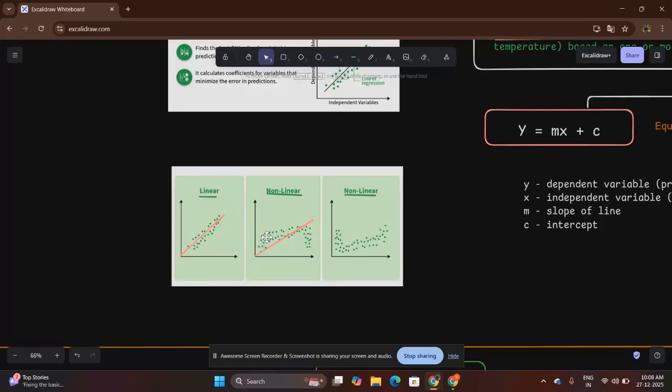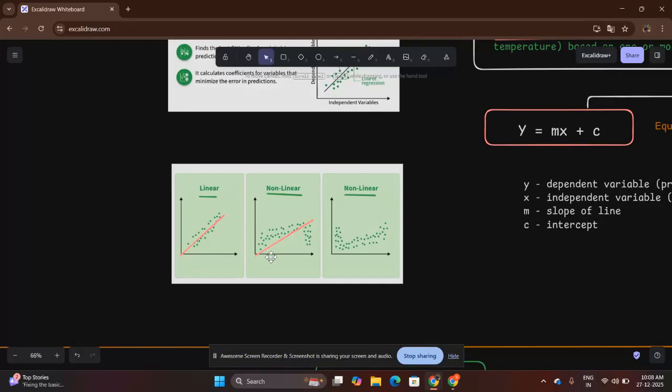There are some data points which are totally away from the straight line, and because of that the accuracy will be less and errors are high. That is called non-linear